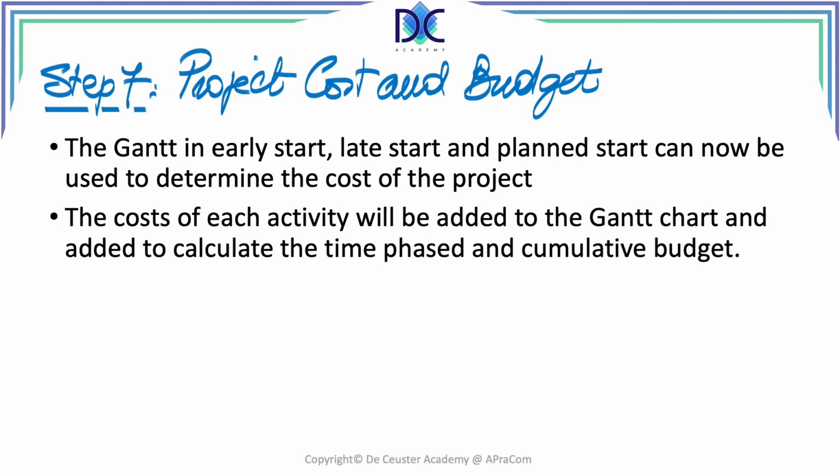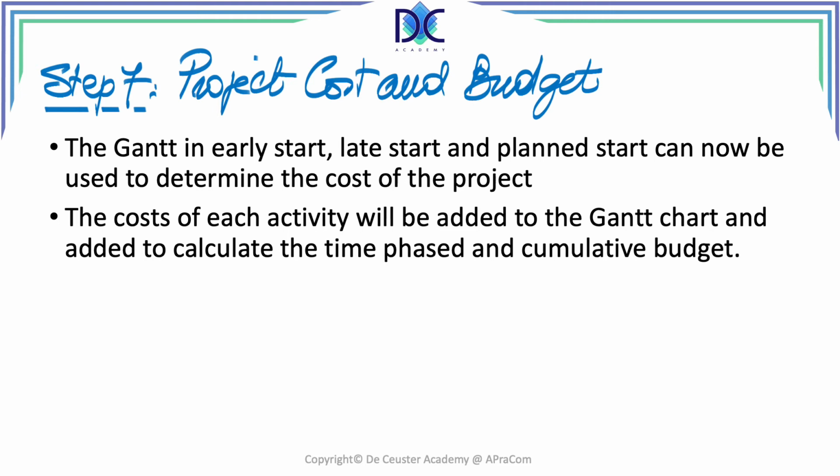Each activity has a specific cost and we add it to the Gantt chart. With that information, when we look at every period, we can estimate how much money we need for every period during the project. And when we add all of those, we also have the cumulative cost, the cumulative budget. We call the periodic amounts that we need the time phase budget, and the other one is the cumulative budget, but it's also called the